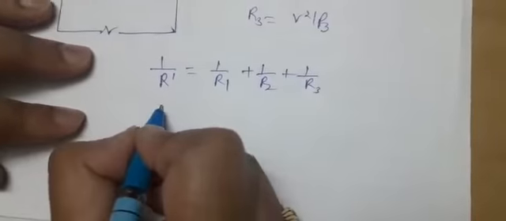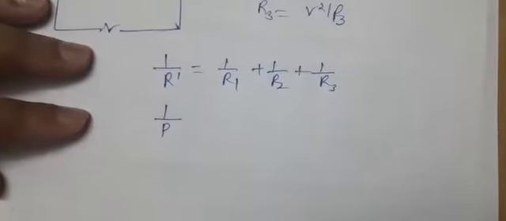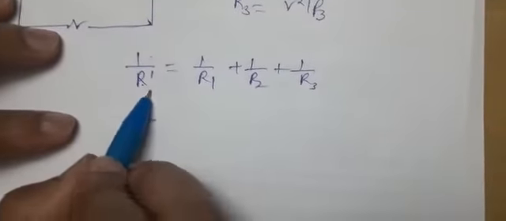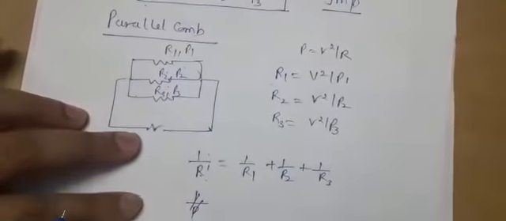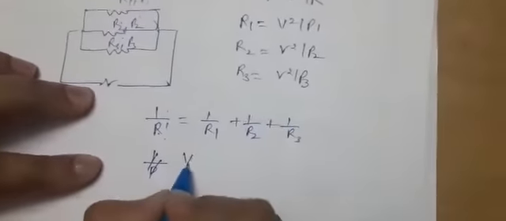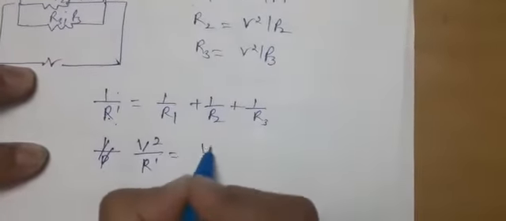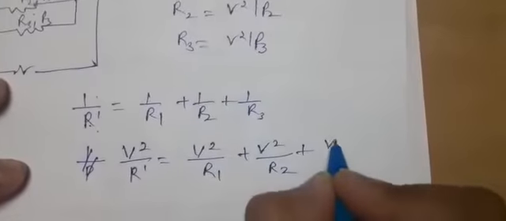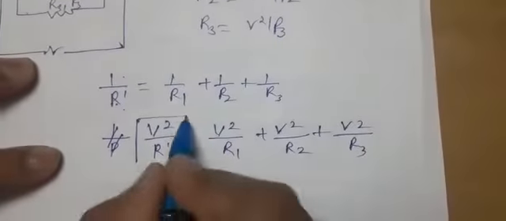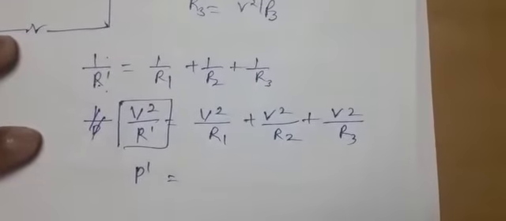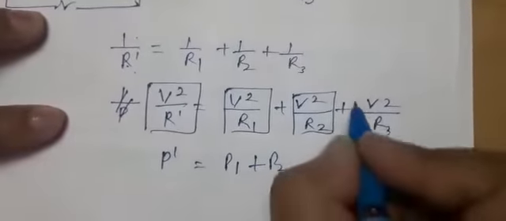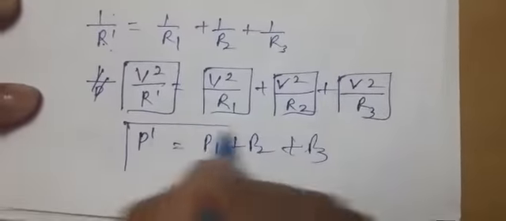Here, if we take the total power for the combination as P, before going to the power, you can see that we have taken the reciprocal of resistance. What factor remains the same in each of the three resistors? That is voltage. So can we multiply V square on both sides? When we multiply each term by V square, this term will be taken as the power for the whole combination. This is the power of the first resistor, for the second resistor power is P2, and for the third resistor power is P3.